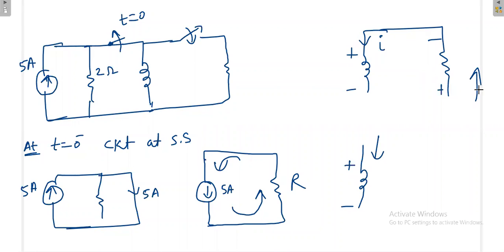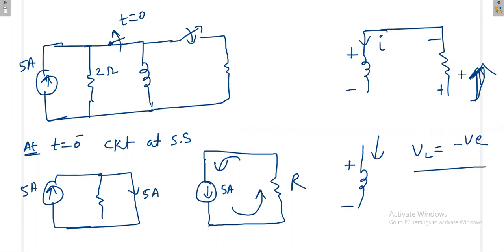So that's why this is the actual voltage. Okay, this is correct. The same voltage will be applied here, but you took plus minus like this. That's why VL is coming as negative, because this same voltage will be applied here. You took plus here, so this is becoming negative, because this negative voltage will be applied here. The same voltage will be applied here, because conventionally the current is going like this.